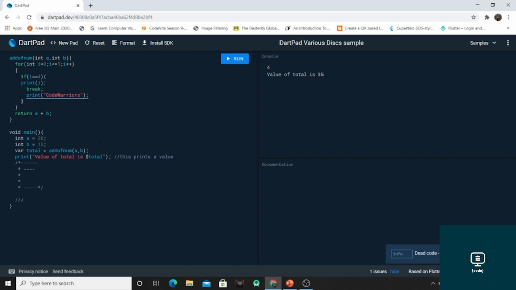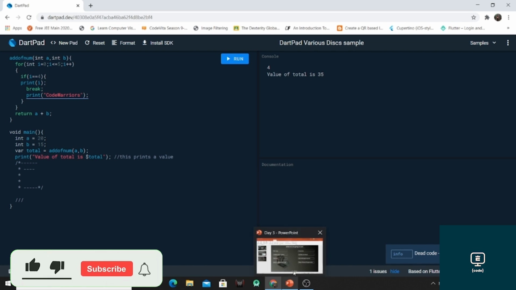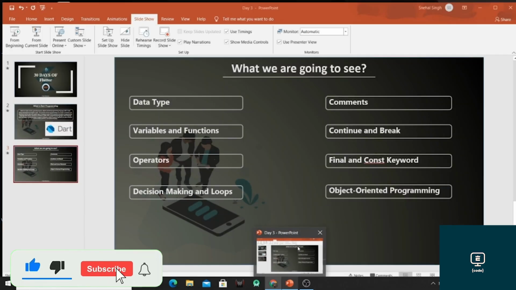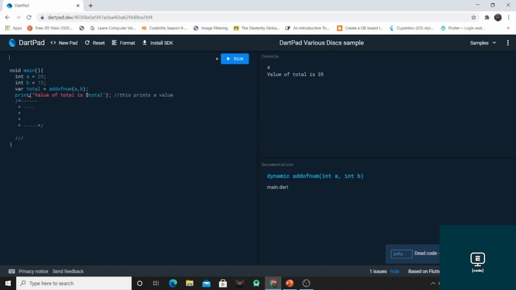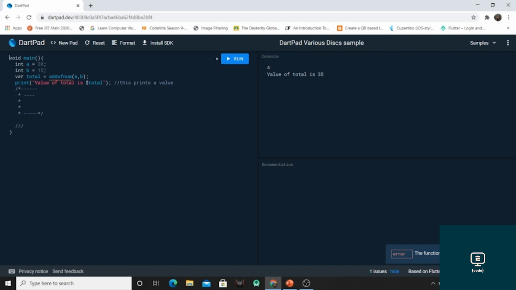Now after continue and break, we have the final and const keywords. We can also use the final or const keyword to declare that our variable value shouldn't be changed at any cost.